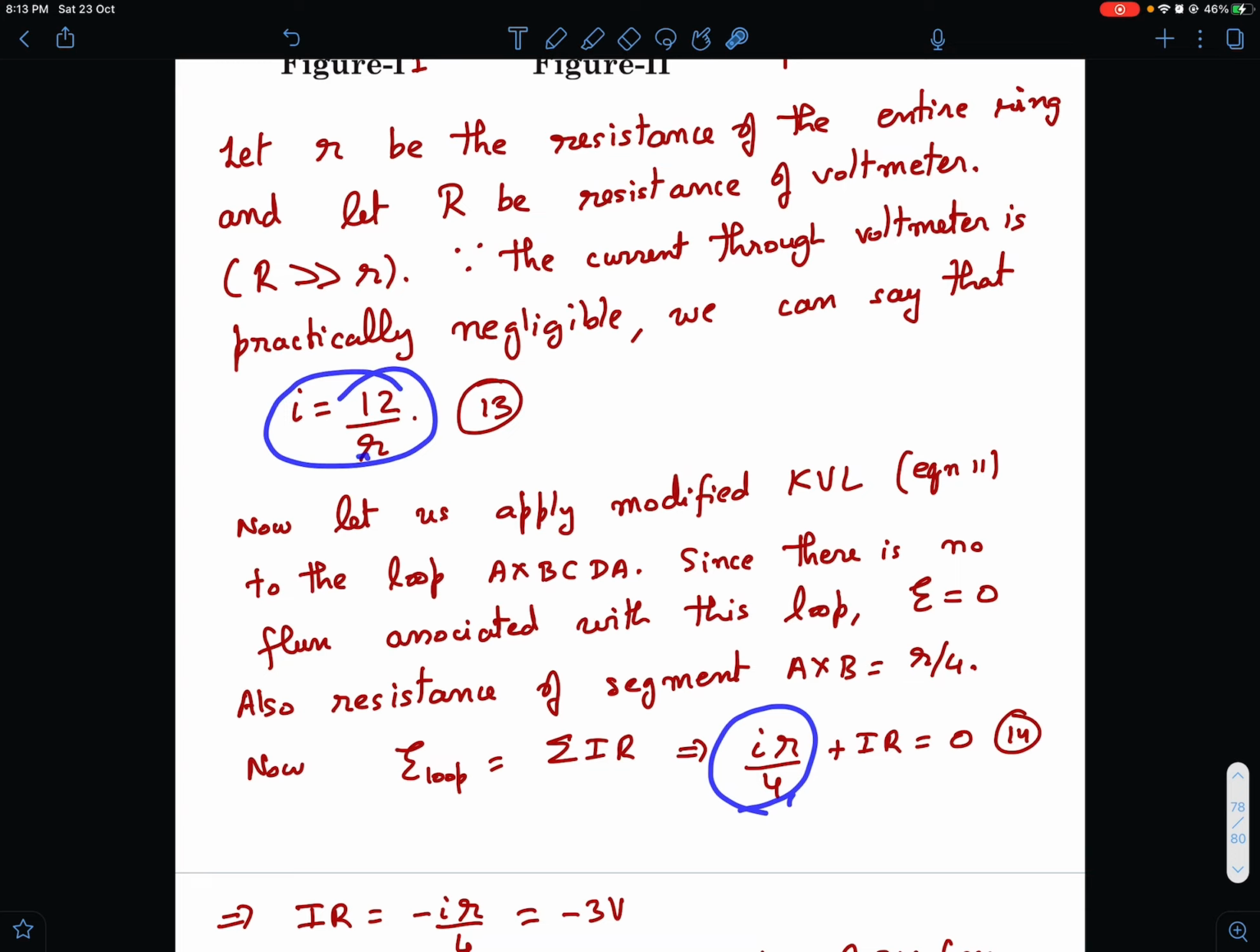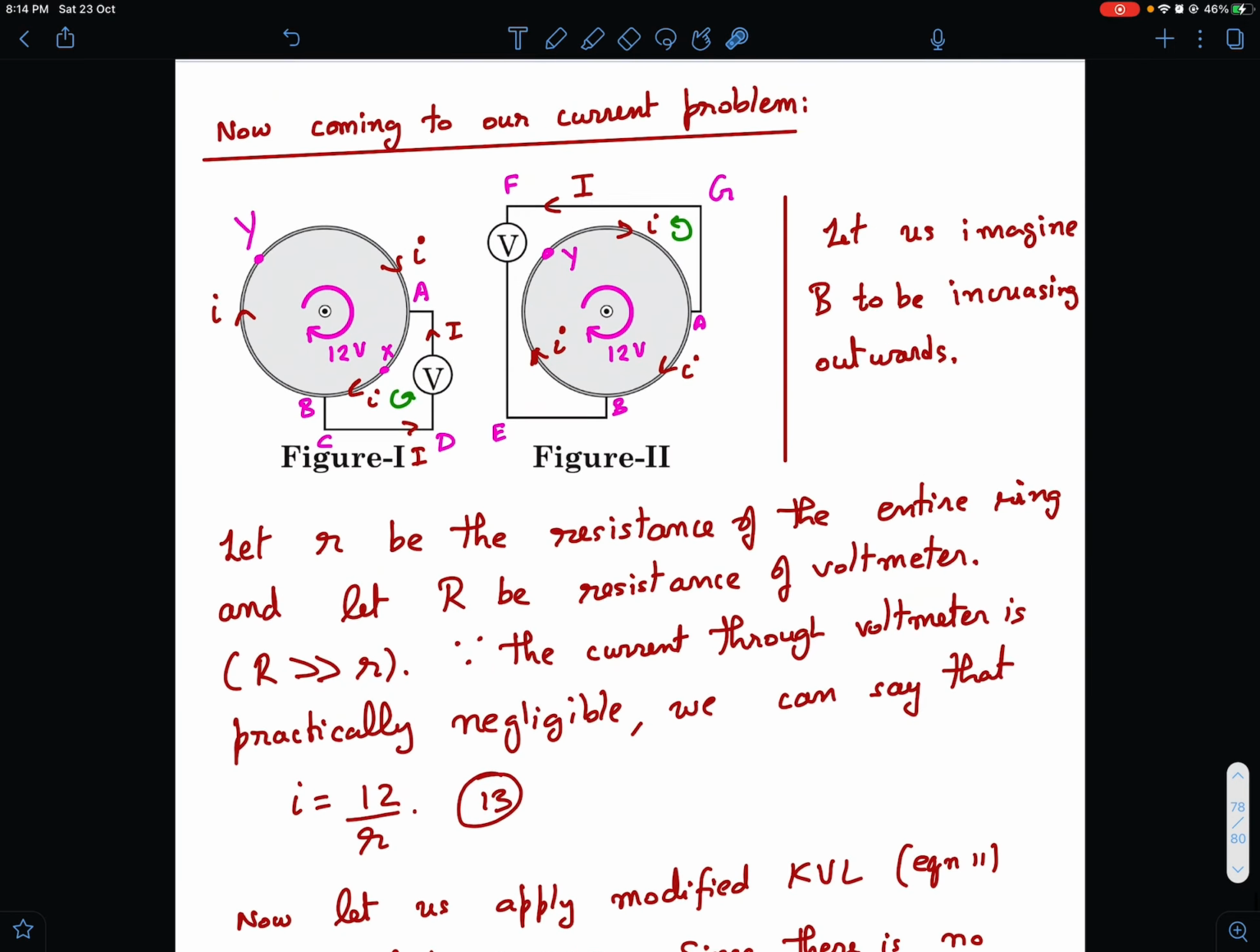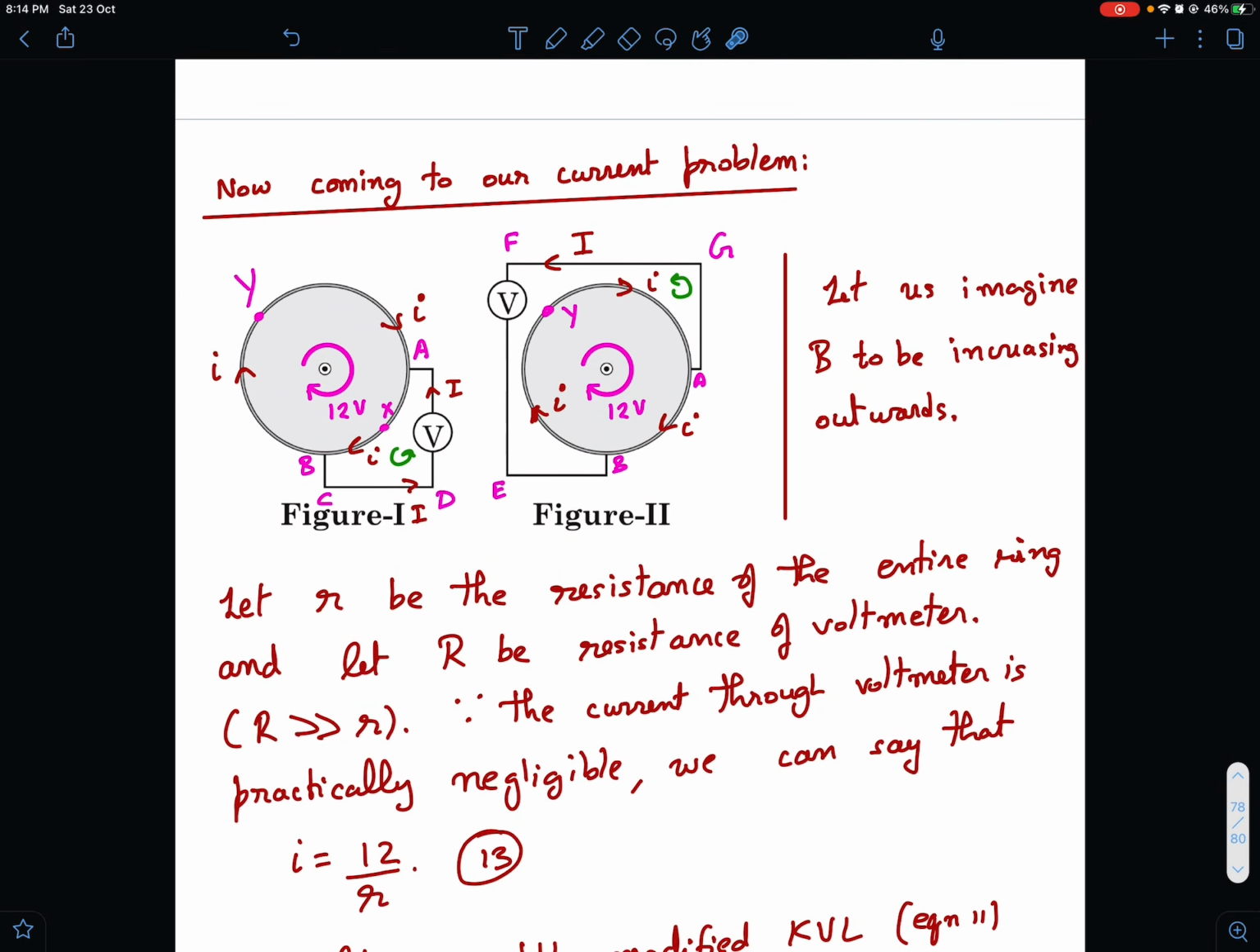And what is small i R by 4? You see, i into R is 12, so iR by 4 becomes 3 volts. So what do I get for capital IR? Capital IR is minus small i R by 4, which is minus 3 volts. So what does this minus 3 volts represent? This minus 3 volts means that